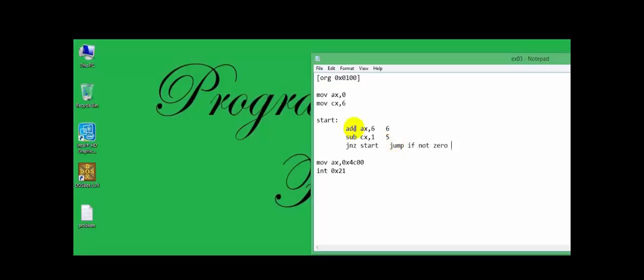Look at the last condition. If you write the subtract statement above and the add statement below, it will check when AX is 0. But in this adding, AX will never be 0. So look, I have written subtract CX, 1 below.